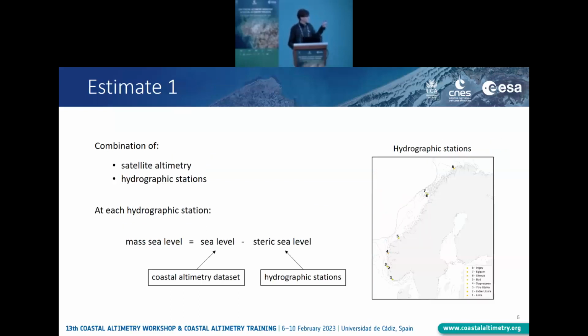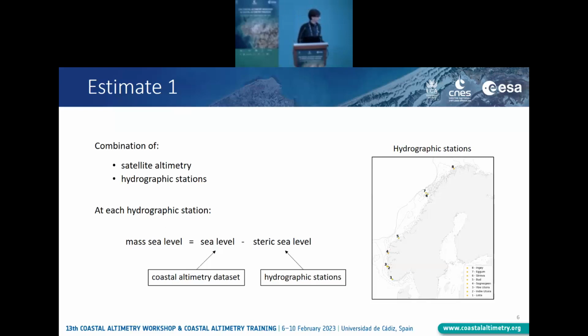For the first set of estimates, we use a combination of satellite altimetry and hydrographic stations. At each hydrographic station along the Norwegian coast, and you can see them in the map, there are 8 of them, we compute the mass component of sea level as the difference between the full sea level signal that we can calculate using a coastal altimetry dataset and the steric sea level, which is the sea level changes due to changes in density, and that we can compute using the temperature and salinity profile provided by the